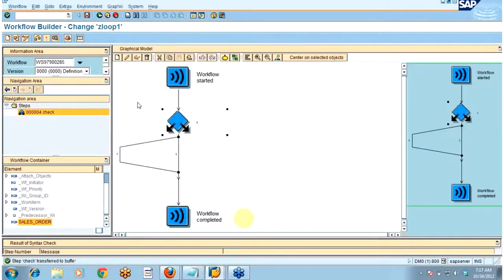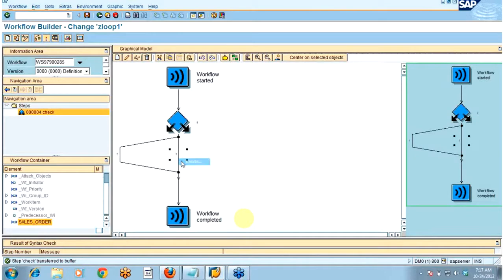The true and false come by default, right? Yeah, correct. You will get two branches, one true and one false. These two branches are by default because in if else we have two branches. Here in the toolbar, if I place the cursor here you can see true, and if I place the cursor here you can see false.